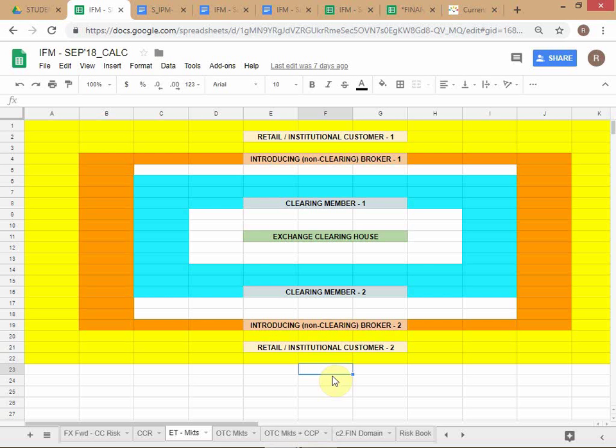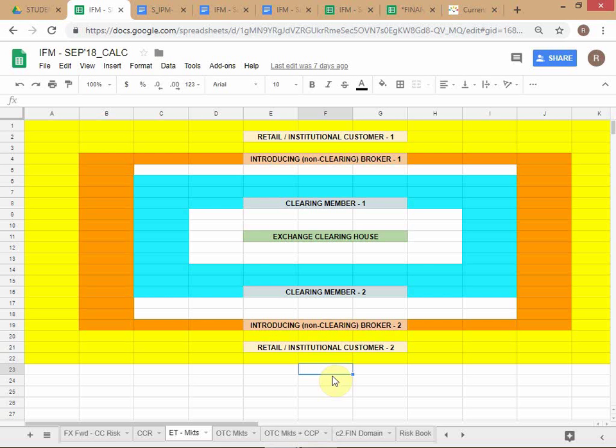So 1 minute, let me explain one more term, which is variation margin. This money that you have to use to top up, that is the variation margin. First you put up the IM, then the ECH will calculate your daily PNL, daily mark to market loss. If you are losing money every day, they will deduct the losses from the IM, and slowly the IM level is falling. The moment it drops below MM, they will ask you to top up. That topping up amount is called the variation margin, and the call that they give you to top up is called a margin call.